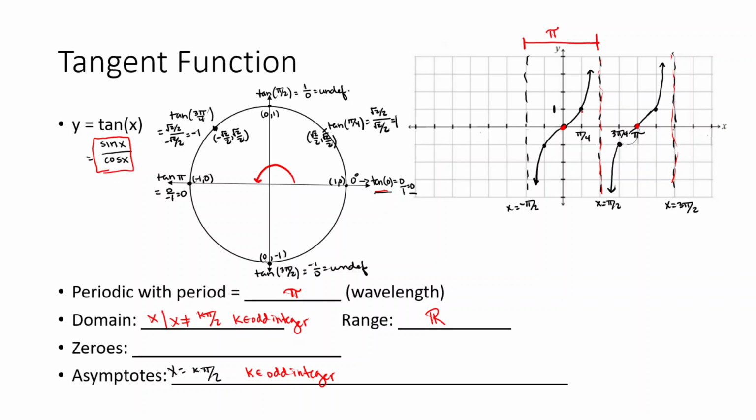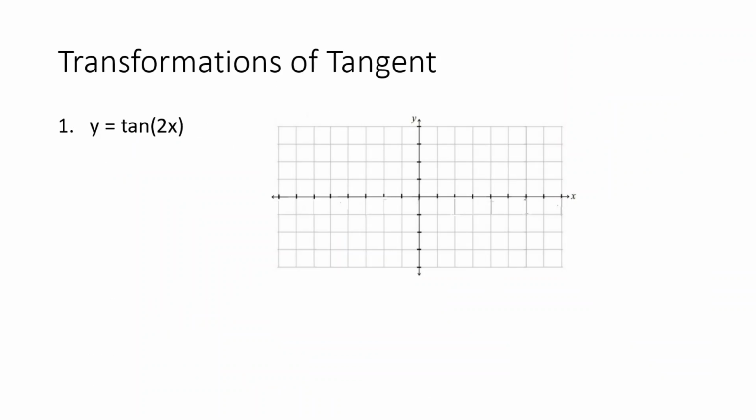Okay, also note that at pi fourths and 3 pi fourths, all the pi fourths are where it hits this 1 and negative 1 value. So if we have an amplitude change in these functions, it doesn't affect the height of a wave. It simply makes the curve steeper. Okay? All right, so let's do some